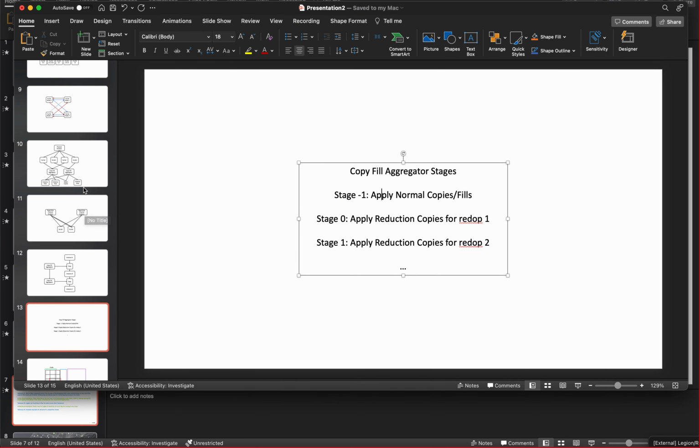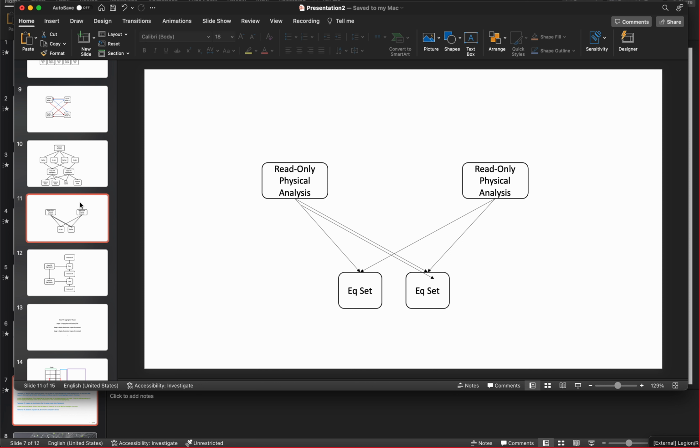So let's talk about some of the challenges that can occur with CopyFillAggregators. Okay. So here's a tricky case. Imagine you've got two read-only physical analyses that are actually coming from different tasks. So these two tasks are trying to map the same region requirement with read-only privileges, right? So they've each created their own physical analysis, and Legion actually allows those two tasks to attempt to map